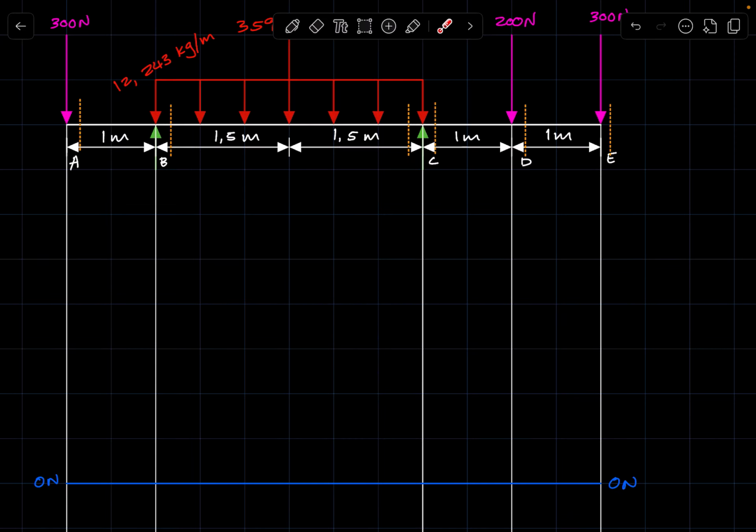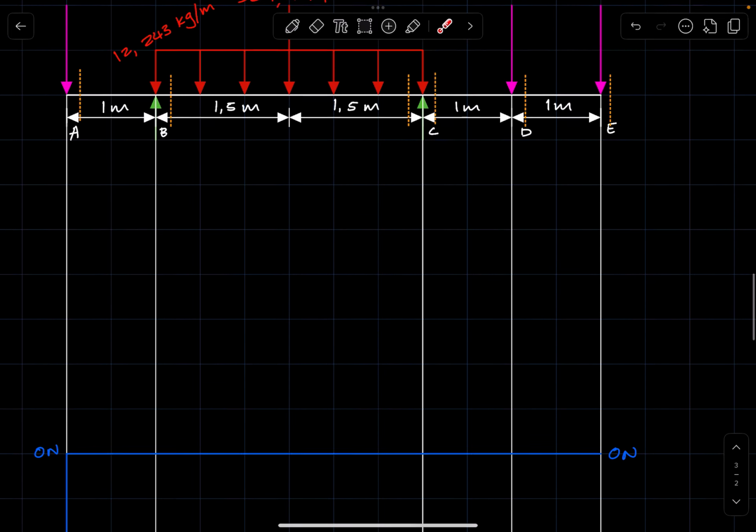In having to calculate your shear forces, you are going to consider forces on the left of each of the sections. For instance, on this section, point A, forces on the left is this 300 newtons. It is headed downward,